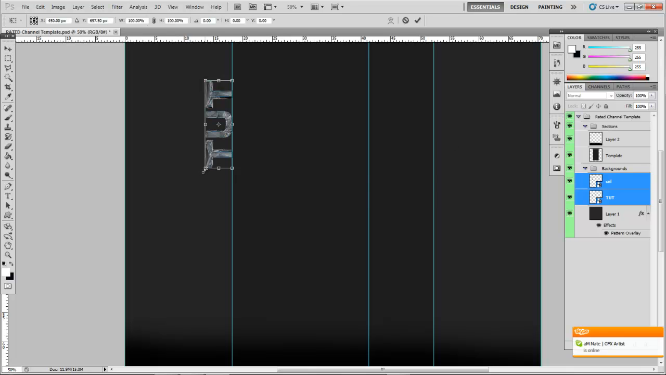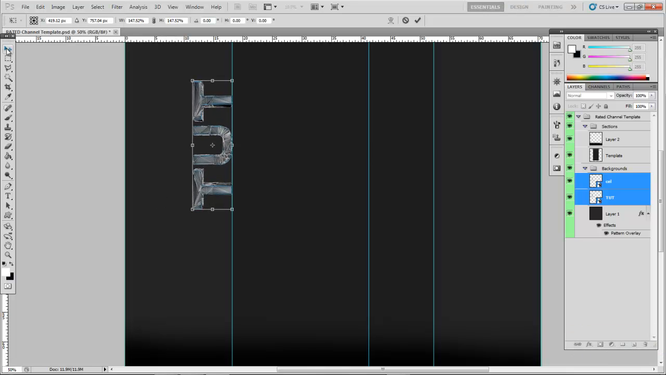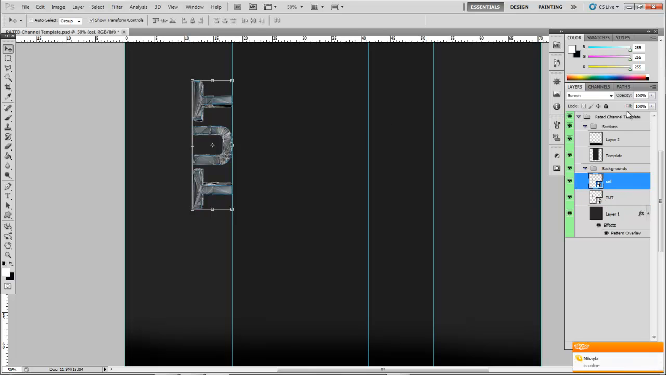Actually, no, I'm gonna make that a bit bigger. That doesn't really work. I reckon that's good, because you can't really see the cracks in this. So you want to hit the cell render, and take the opacity down to about 75 to 70,